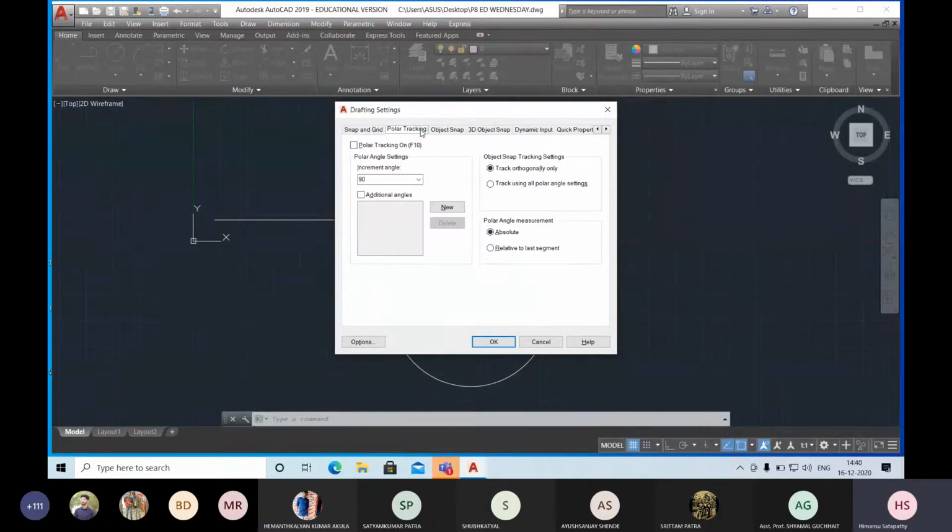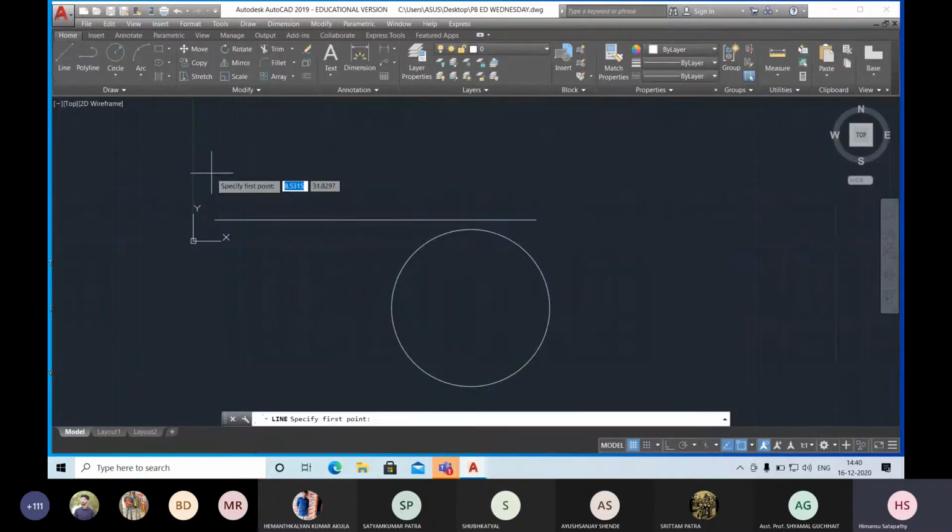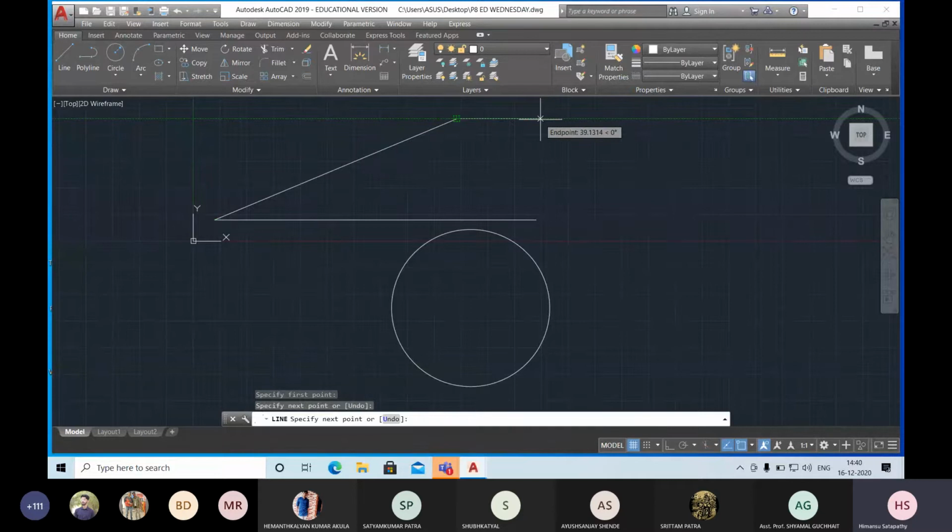These are polar tracking. What is the use of polar tracking? I will tell you one thing. If I just draw a line this way, and I just click here. When I want to draw, you can see a green line. All of you can see this is a green line. When I move this one, this is showing me the end point. This is called polar tracking. It shows the approximate center, end point, or the line in the same line with the existing line. Which line you want to check, you can find the green line. Okay, so that is called polar tracking.